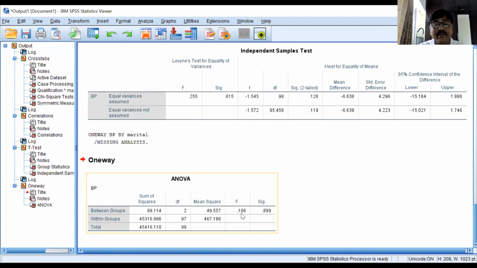And now, if another variable is involved, 2 variables are involved, if 2 categorical variables are there, this is a 2-way ANOVA. So in this way, if these assumptions are not valid,